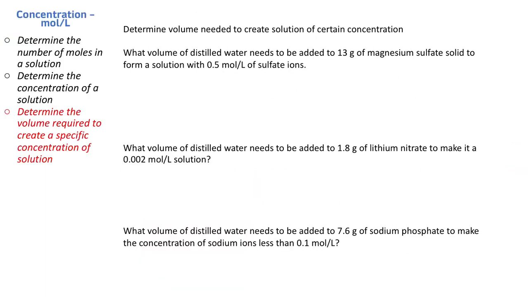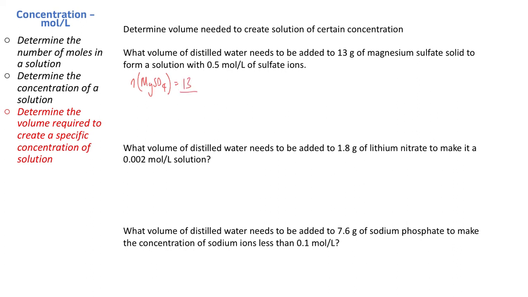All right, determine the volume needed to create a solution of a certain concentration. So what volume of distilled water needs to be added to 13 grams of magnesium sulfate to form a solution of 0.5 mole per liter sulfate ions? Okay, so first of all, remember we want volume, so we want to rearrange the equation to get V, but V is still related to n and C, so we still need to get n. So the number of moles of magnesium sulfate here is equal to 13